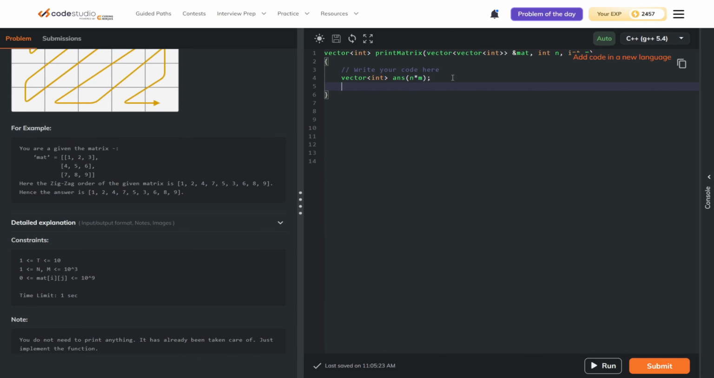And now we have to take one variable I equal to 0 for row, and variable j for column, and we'll take variable k. The reason for taking variable k is that whatever elements we encounter, we put in the answer and increase k to the next position. And we'll take one variable flag, and first we initialize it to 1 because first we have to move to the right top,